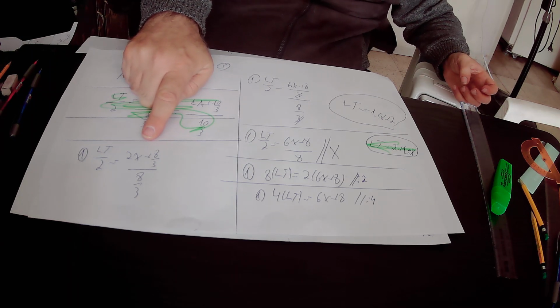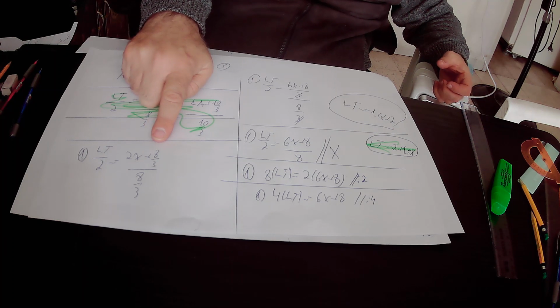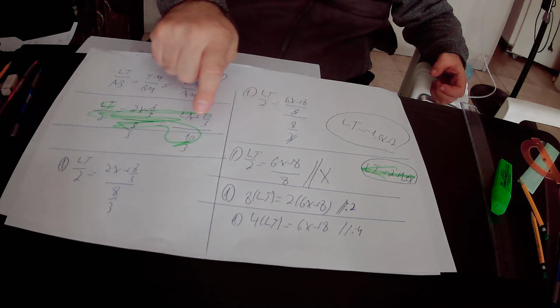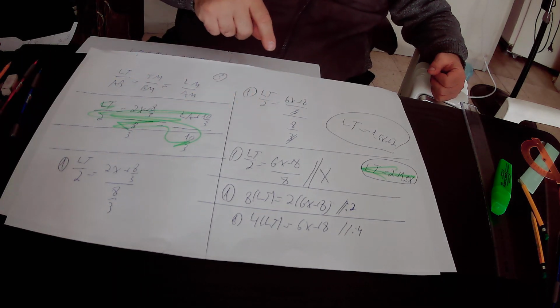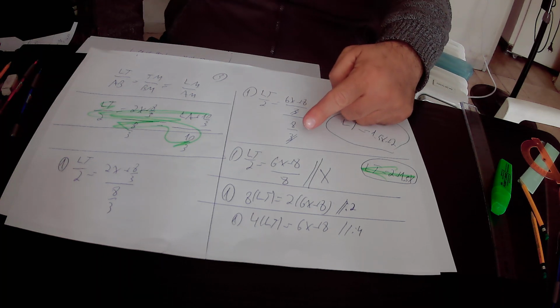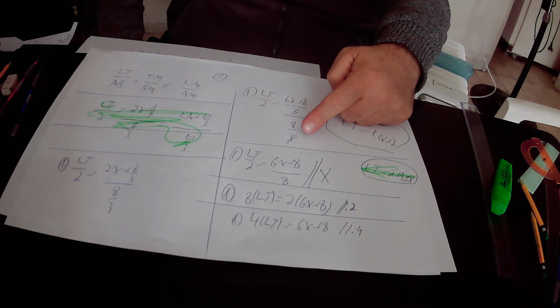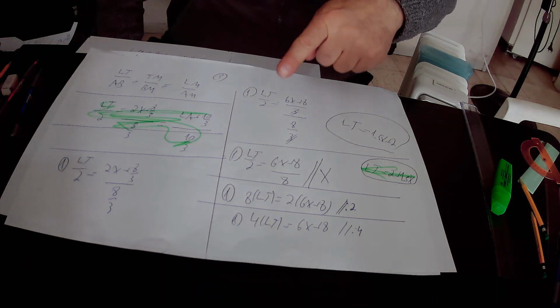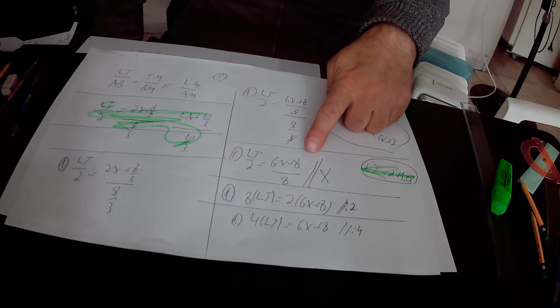So in total in the numerator of this expression we will have 6x plus 8 divided by 3, and we have to divide it also by 8 over 3. So in this side of the equation we have 3 in the numerator and 3 in the denominator, so 3 will get cancelled. After we cancel 3, we are left only with LT over 2, that equals 6x plus 8